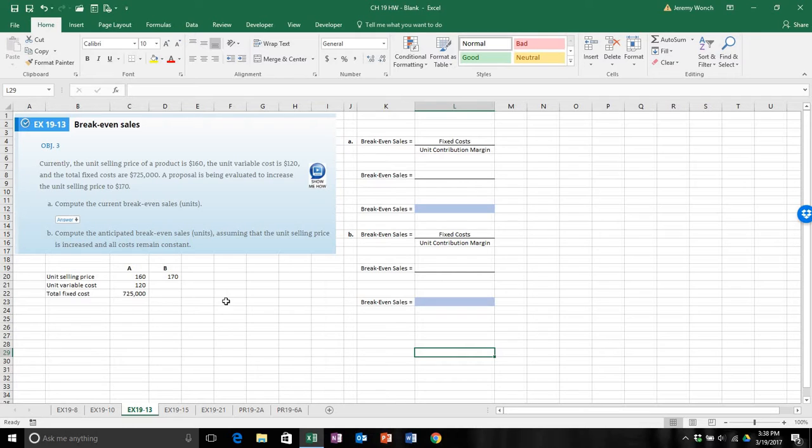And this is break-even sales. And so break-even can be in dollars, break-even can be in units, break-even can be in sales. What it's saying is, like, how much does it take where I don't lose money? And so that's a really important number to know. If you're in any kind of business, if one number is important to you, it's what is your break-even? How many do you have to do